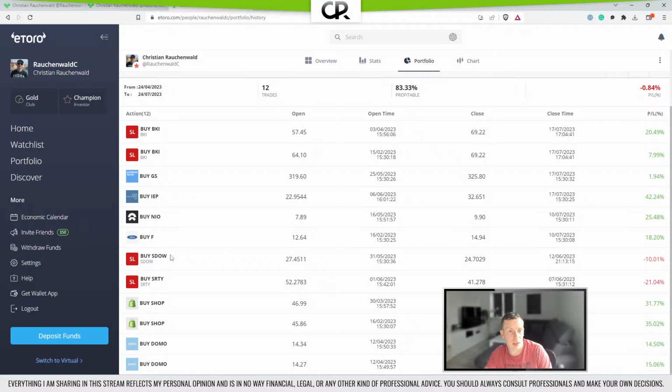Those were investments in the SDAO and SRTI where I sadly set the wrong stop loss and then it got triggered, so not individual positions. Shopify, we had for less than 2 months, 30% profit. 3 months, 35% profit. Domo, we had for 12 days for 15% profit, and all those positions were entered based